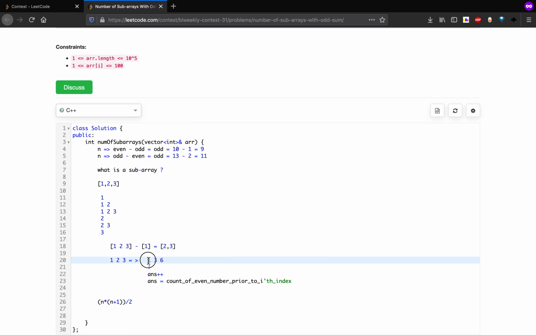So how many even numbers come prior to the ith index? There are none. So till here the answer is 1.